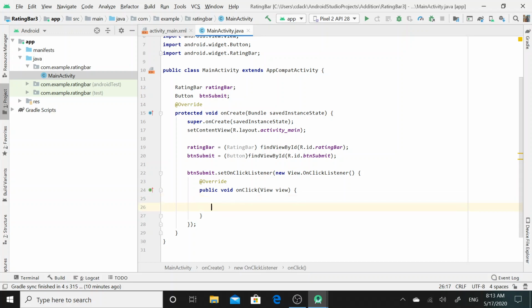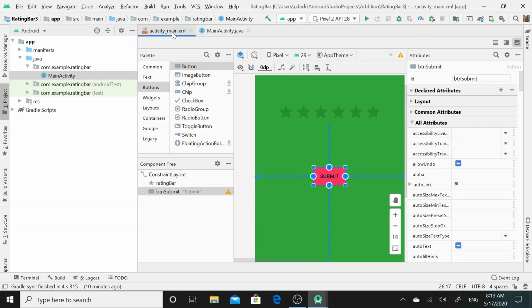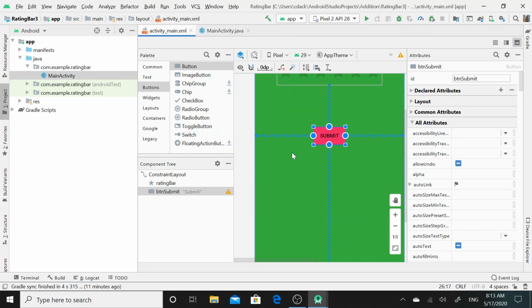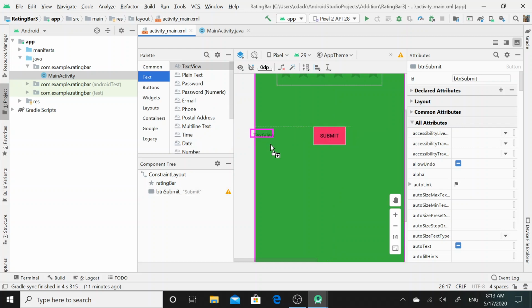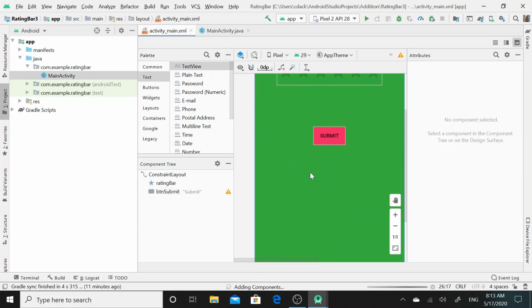So now whatever ratings are submitted by the customer, I am supposed to display. For that purpose I will again go back to the activity_main.xml file. To show the ratings provided by the customer, I will click on text and drag and drop a TextView UI widget.